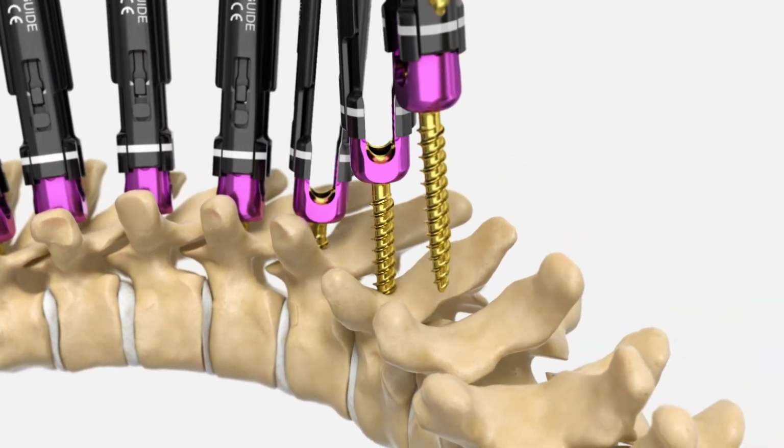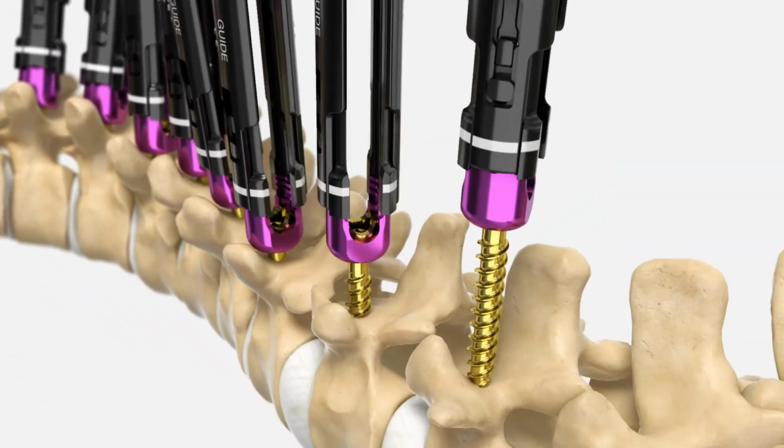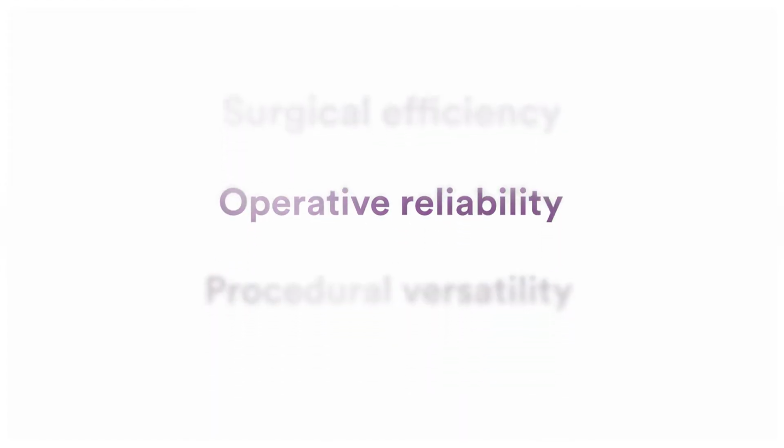As one of our key offerings in our comprehensive posterior fixation platform, I'm excited to introduce Reline, which was built on three core tenets: providing surgical efficiency, operative reliability, and delivering procedural versatility. Since 2015, we've prioritized continued investment in innovation within this portfolio, including such things as Reline Power, Reline Fenestrated, Versati, which has created the most comprehensive fixation system in spine, now capable of instrumenting from occiput to ilium in a